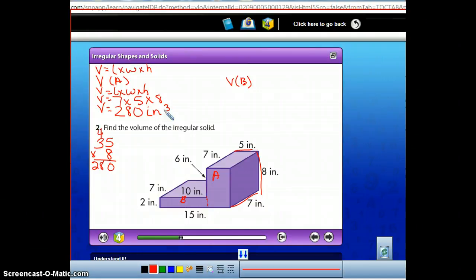Okay, so we have volume of B. Volume equals length times width times height. Volume equals my length, oh, not 15. This whole thing is 15, but my figure is right here. 10 times the width is, looks like 7 and 2. So 10 times 7 times 2. Volume equals 10 times 7 is 70, times 2 is 140 inches. Volume is always cubed. Now to find my volume of this figure,